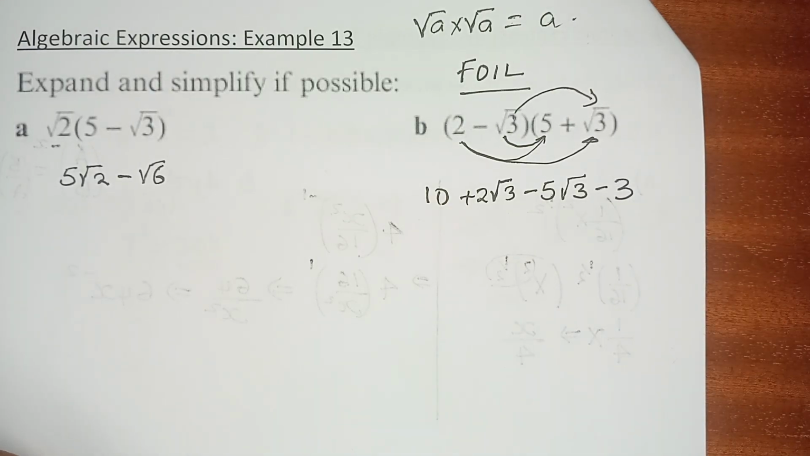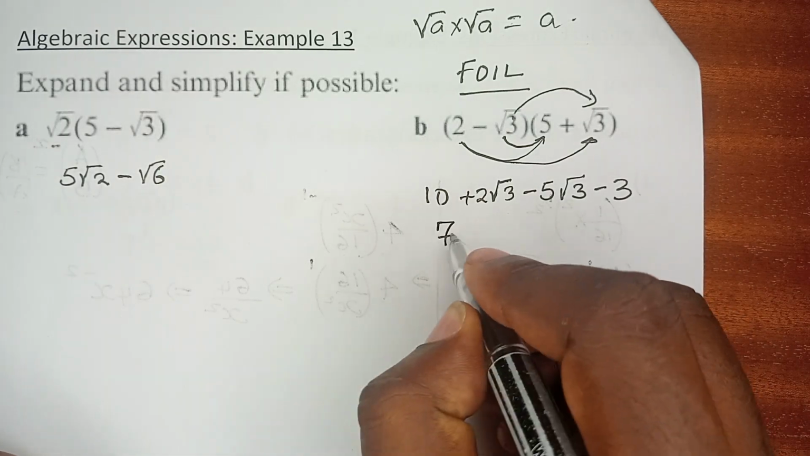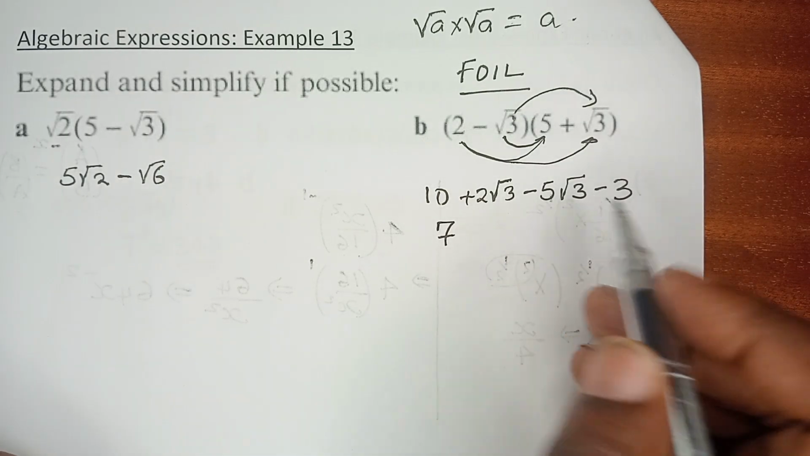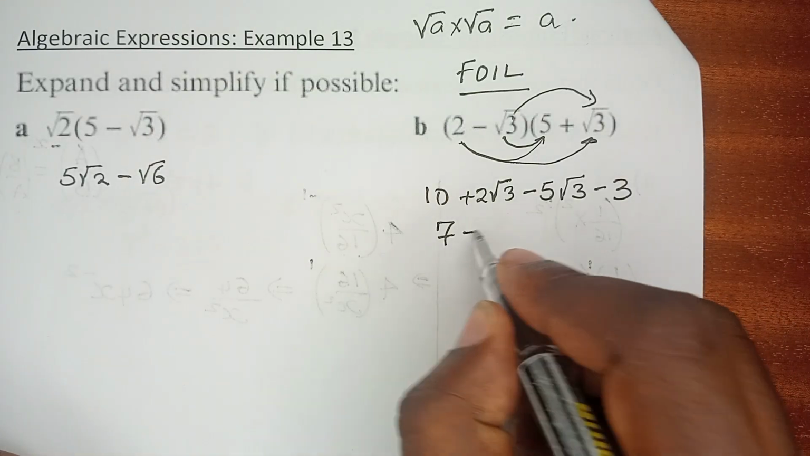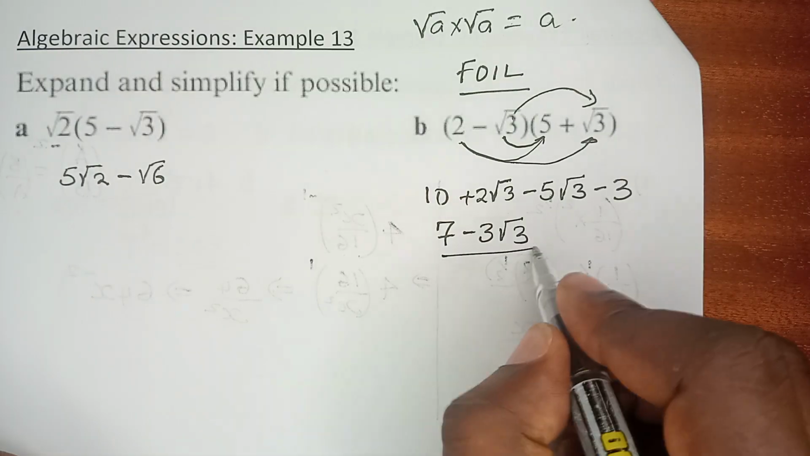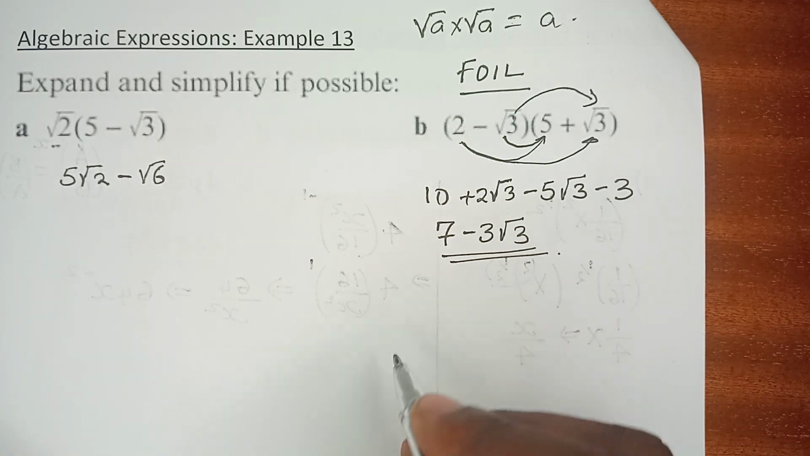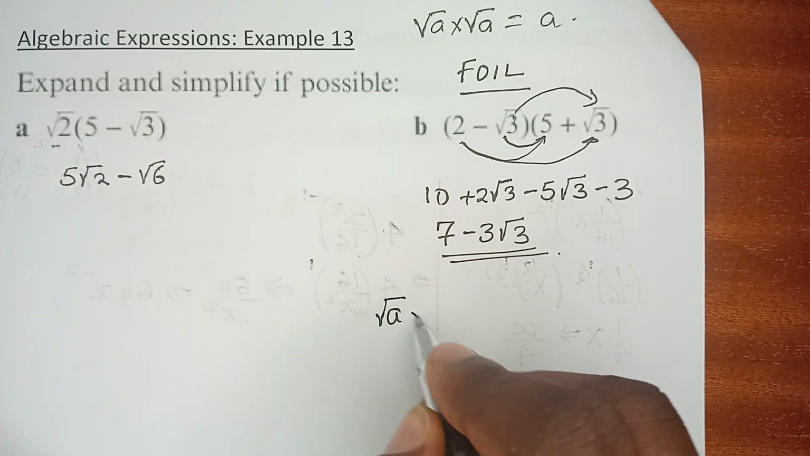That means now we can collect the like terms. 10 minus 3 is 7. 2 root 3 minus 5 root 3 is minus 3 root 3. And that is it. Before I leave this page, I will have to explain the root of a times the